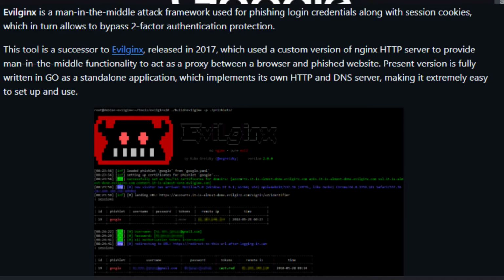In this video I'll be showing you how to install Evilginx on a VPS server and how to use it. I'll walk you through the configurations and the setups in about 3 or 4 steps. Alright,